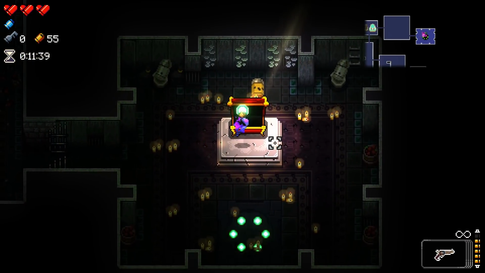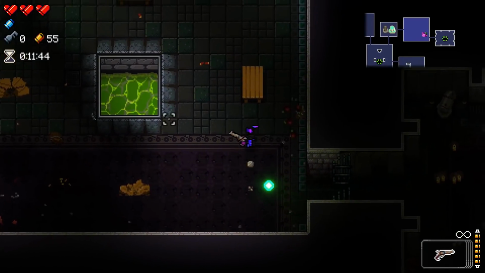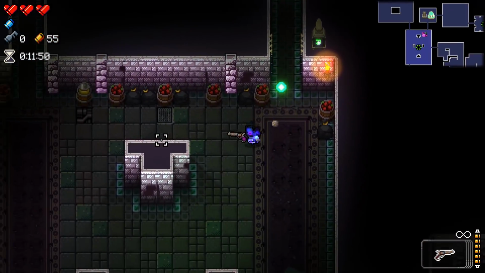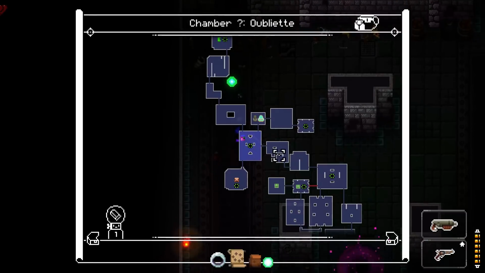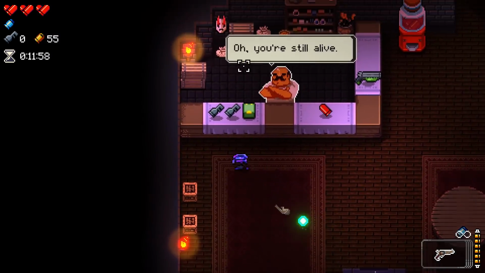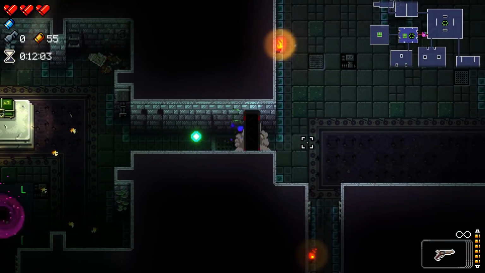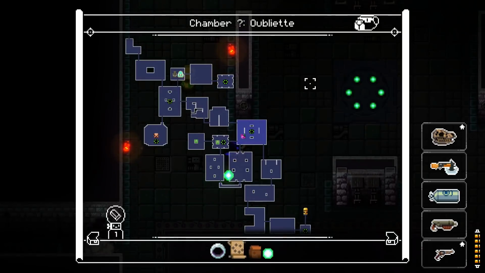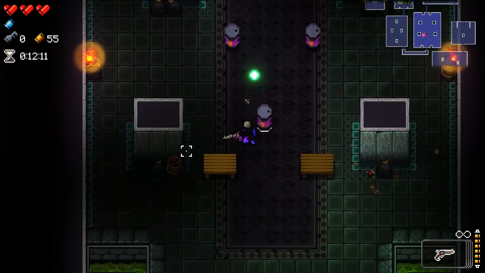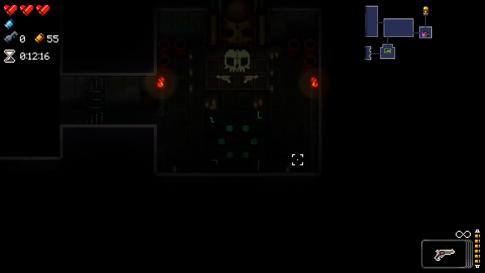F. Another good chest. It's Sprun. Okay, so here's the thing. I looked up Sprun. It has a few different trigger effects. One is whenever you flip a table, you get Sprun. I've had that synergy before. It also can transform whenever you take damage, whenever you use your last blank, whenever you go down to half a heart. The bad thing is that it only picks 1 of those criteria, and then that's how you get